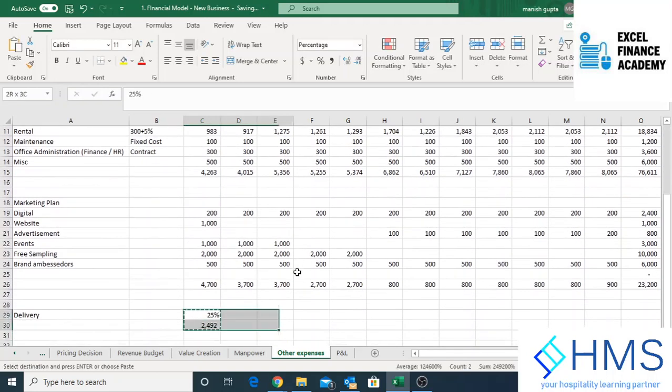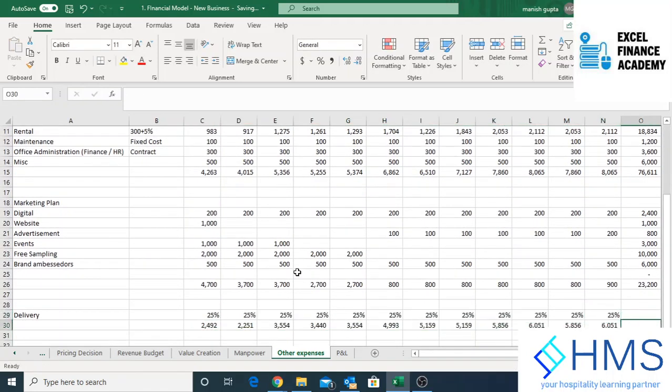So let's say we factored in the whole percentage delivery ratio, number of deliveries. Yeah, so some months, let's say initially we start with 25%, then we increase it to 35% in each month,